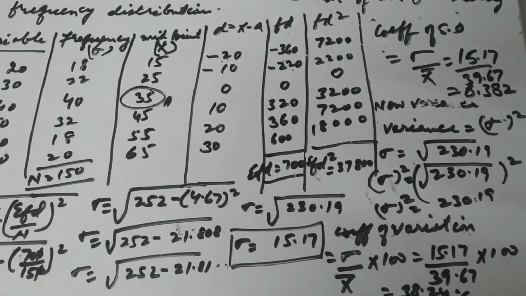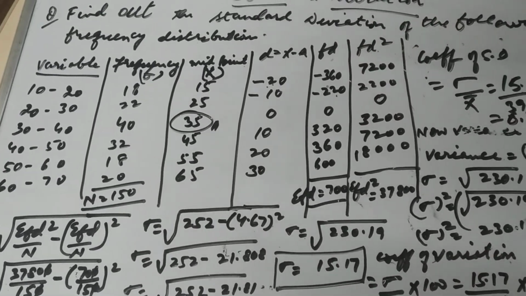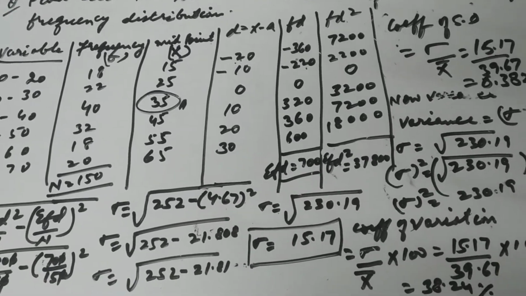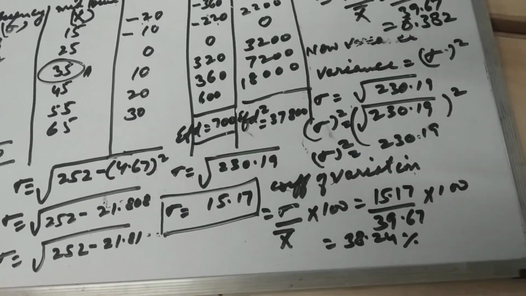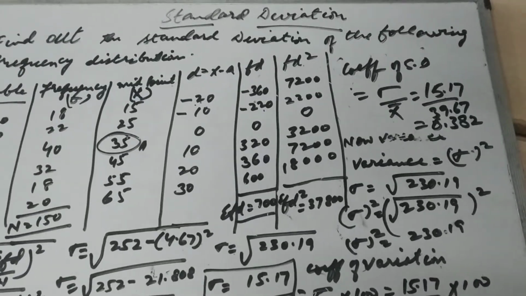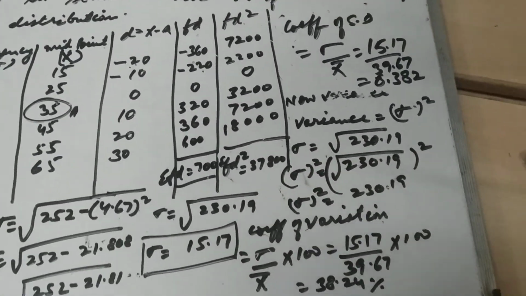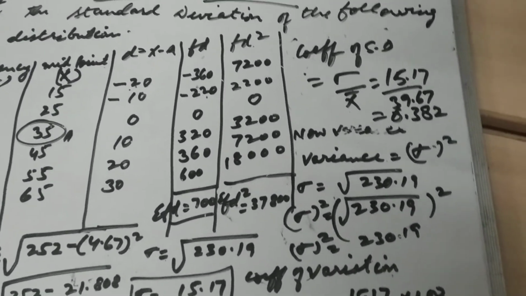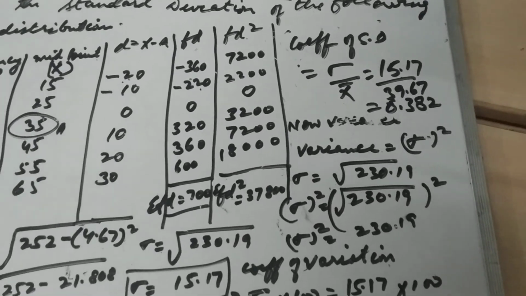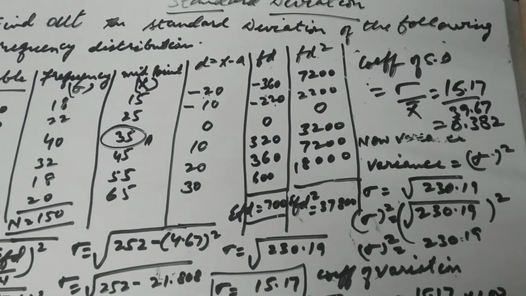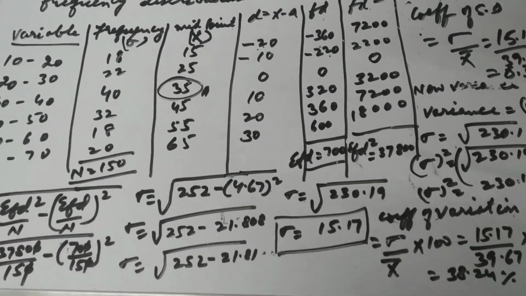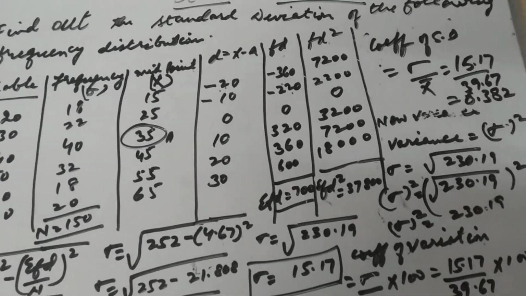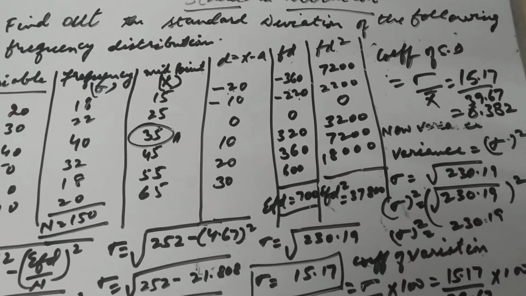So I hope all of you got the idea how to go about with it. In this particular question, we solved for standard deviation, we have solved for variance, we have solved for coefficient of variation, we also solved for x bar, and we also calculated coefficient of standard deviation, which is standard deviation upon x bar. I hope this whole thing is clear to all of you. I'll be sending questions also along with it, so that you can practice standard deviation and get the feel of it.